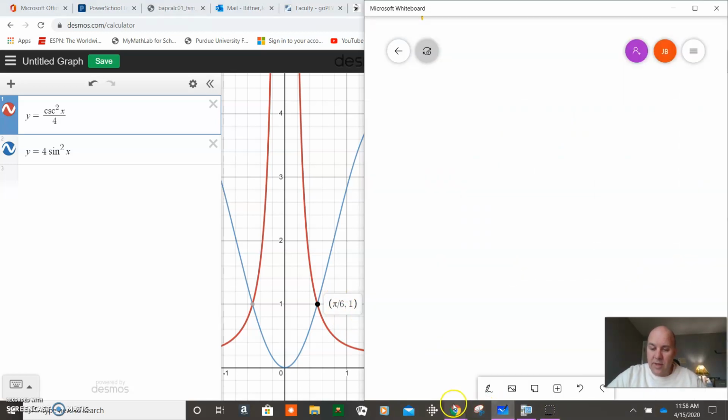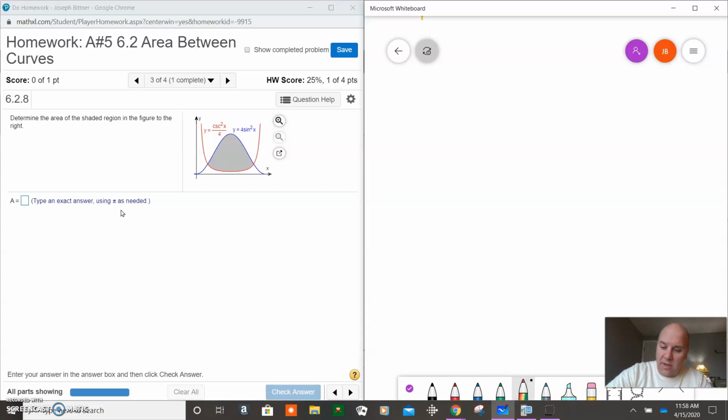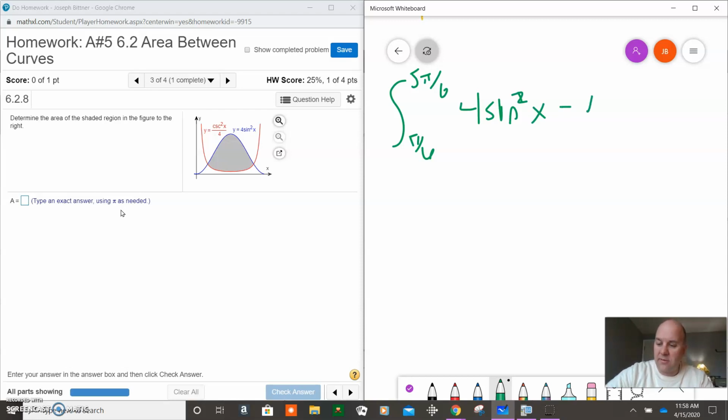All right, let's go back and take a look at the problem. As I set this up, and again, notice they want this in terms of pi, so they won't accept a decimal answer. A lot of work on this. Take your time. All right, let me set up my equation. I'm going to do this one in green. Integral from pi over 6 to 5 pi over 6 of 4 sine squared x, that's a square there, minus